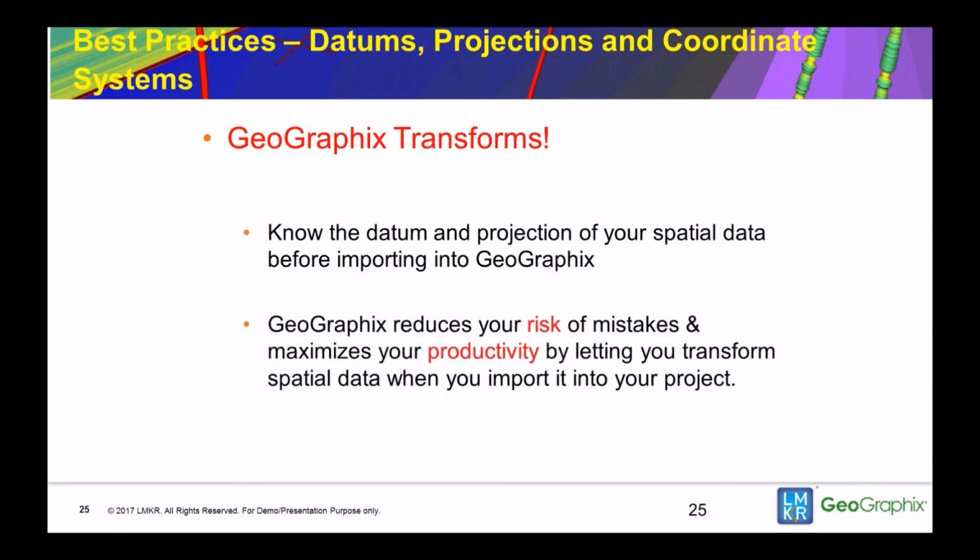Okay, so in Geographics, we do allow you to, for almost all of your spatial data types, import into Geographics and transform as you import. So you don't need to have the data in a certain datum and projection or your project datum and map projection. It can be in some other datum and map projection, and you can transform it on import. But you need to know what the source datum and what the source projection